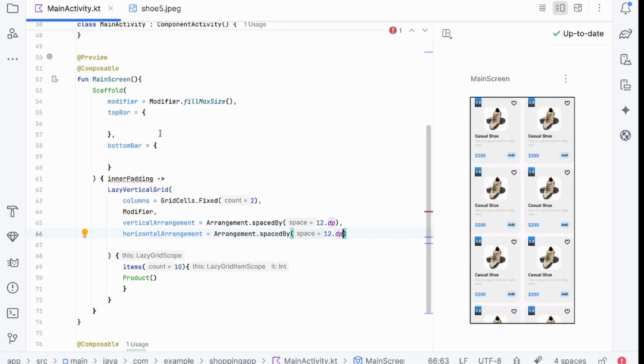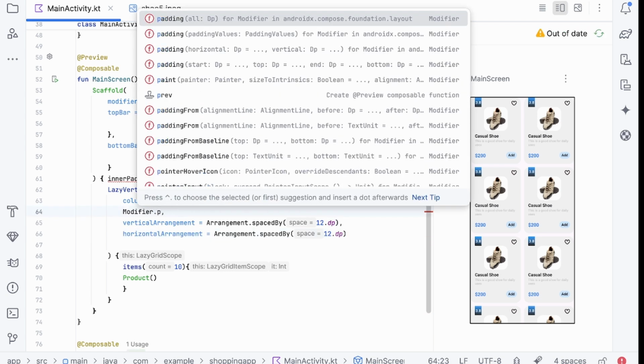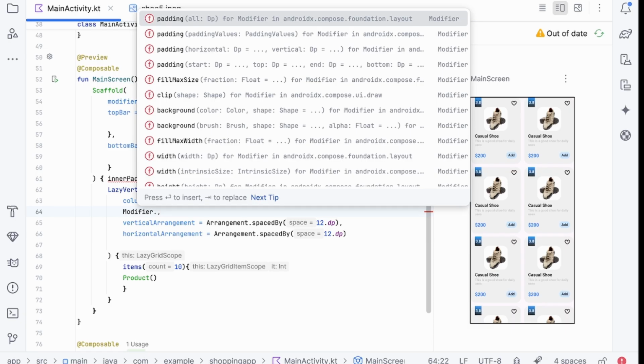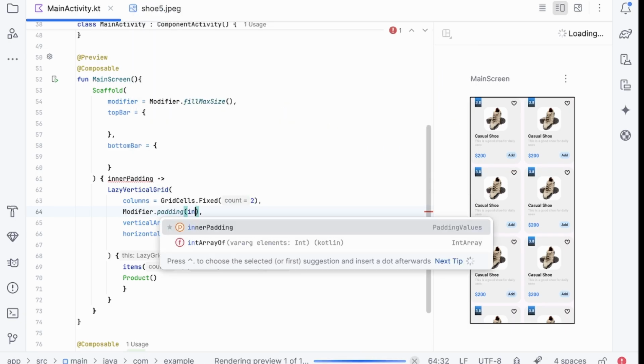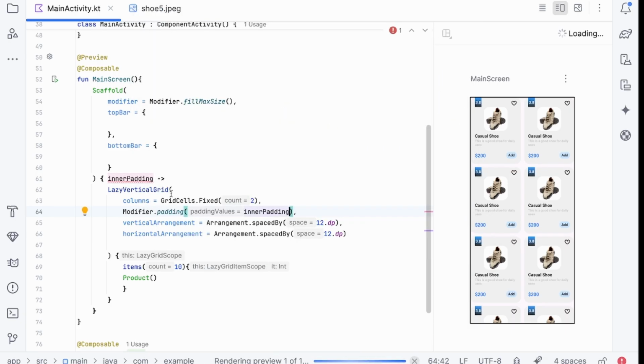And further we can use padding, inner padding,